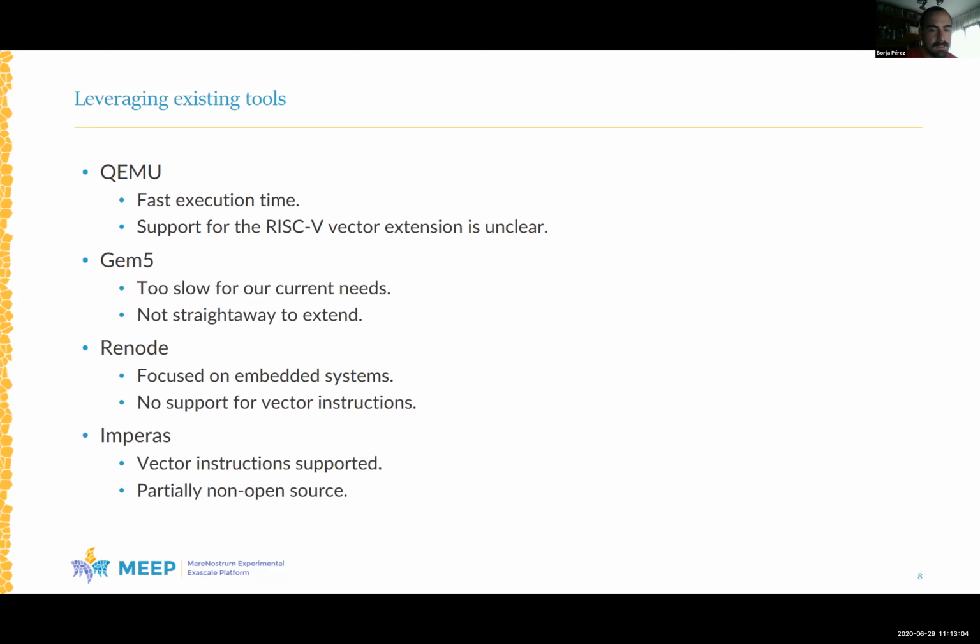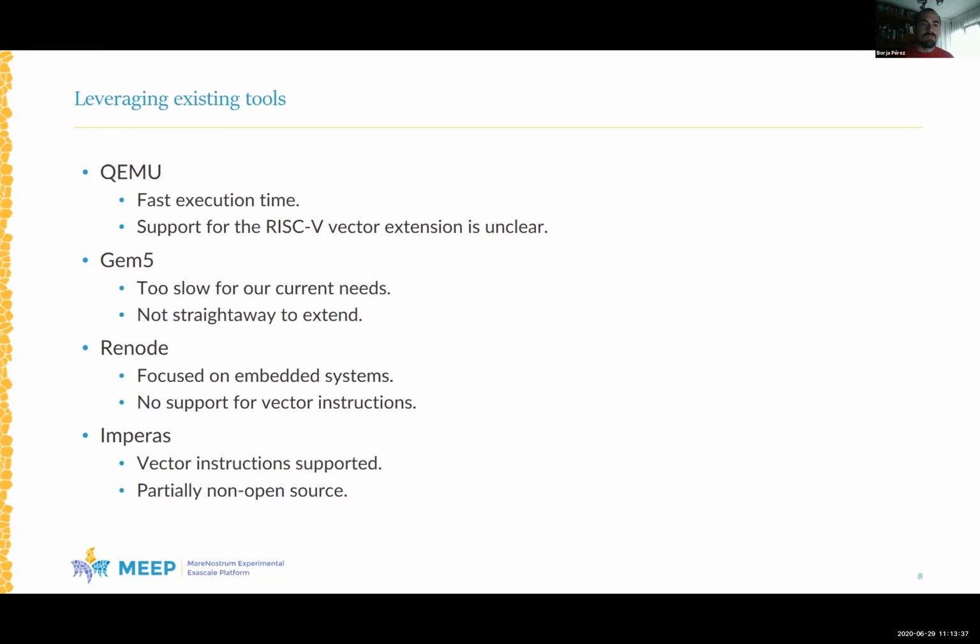Then there's gem5. And well, probably you already know about this. gem5 is a nice simulator. It's very detailed, but it's not the tool to go to if you want to model big systems fast. And also, if you've worked with it, you know that it's not the most straightforward tool to extend and to add stuff onto. But having said that, here at BSC, there's quite a lot of work that has been done on RISC-V for gem5. And in fact, Adrián and Osman are going to give you a talk later, so stay tuned.